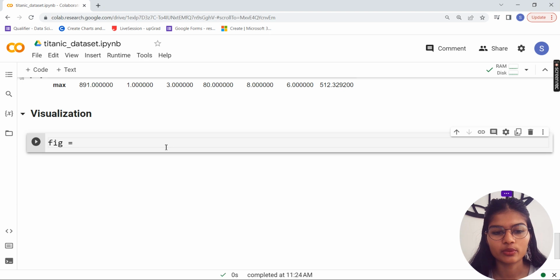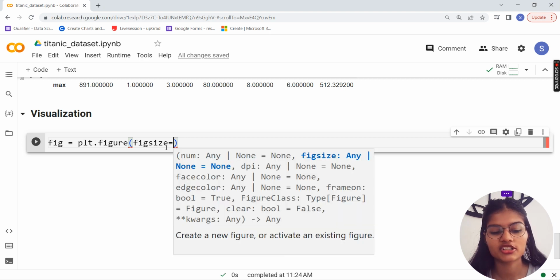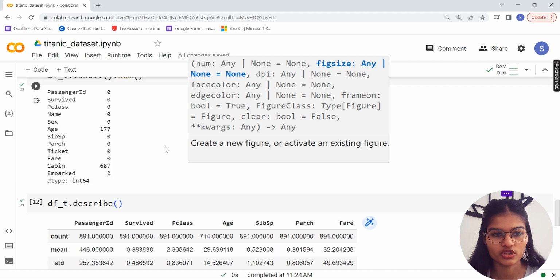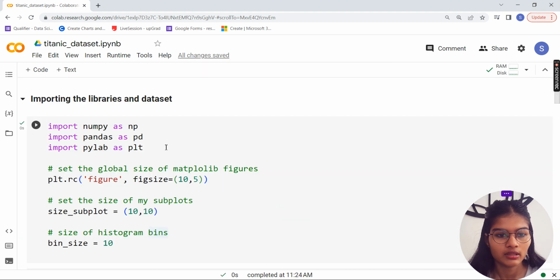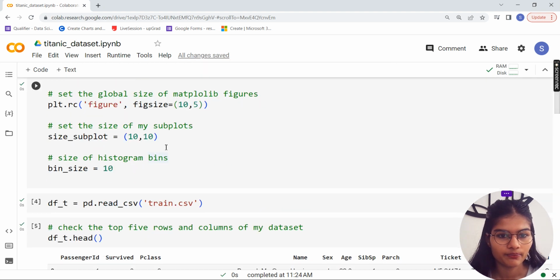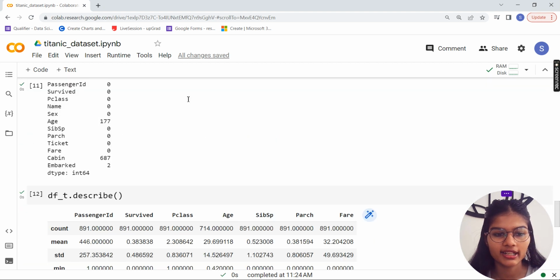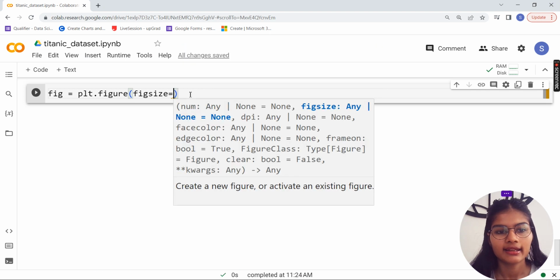I'm going to write fig is equal to plt.figure, right? plt.figure, and in the bracket I'm just having figsize, and that figure size I'm just going to put as one of the variables we had put down above. Let me show you which variable. Okay, yeah, this is my fig size, which is 10, 5, we had set down, right? I'll just go downside. Right, so figsize is equal to